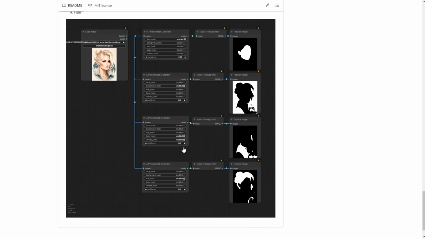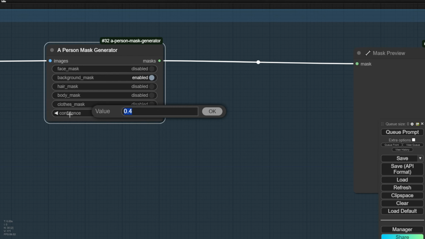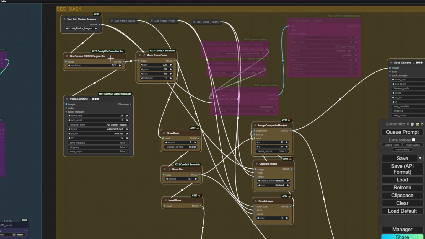And the maximum, logically, is either you select everything of a person or you select none of the things of the person and do the background only. That's the way it goes. And the confidence settings in here, just like the masking strength, maybe we set it like 30 or 25. Something like that will be good enough to mask a person or background using this one. So in this case, I would do a face mask, hair mask, and body mask and clothing as well. Just want to change the whole styles of the dancers in our videos.